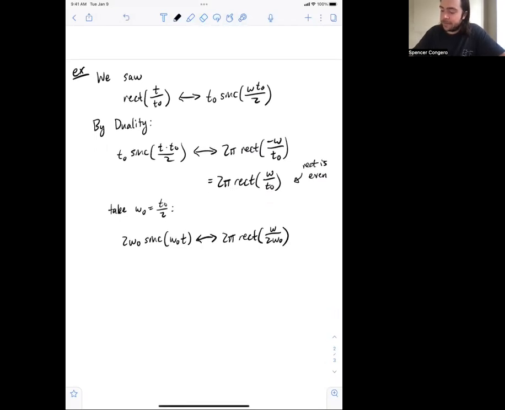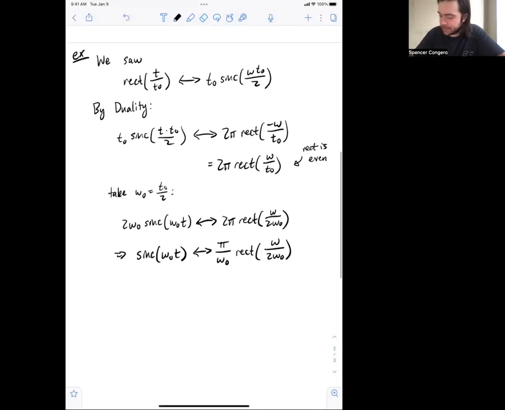And now we know that the Fourier transform is linear, so I can divide both sides by 2 omega naught. And what do I get? I get sinc of omega naught t is a Fourier transform pair with pi over omega naught rect of omega over 2 omega naught. And sure enough, you can check your notes, but this is the exact same as we